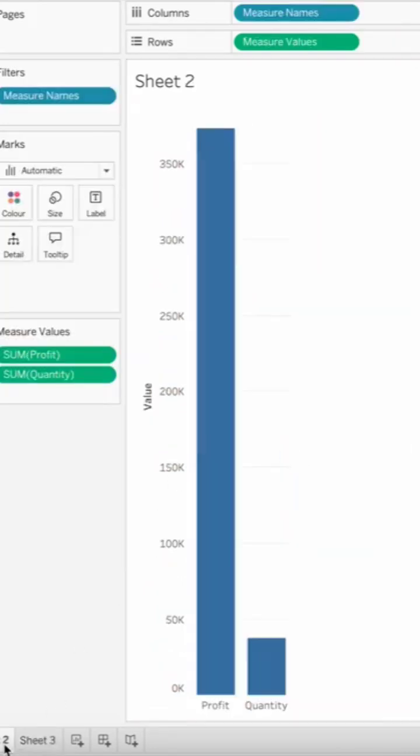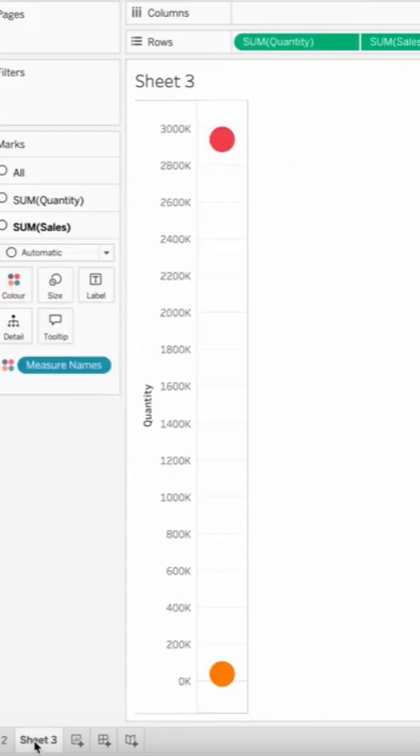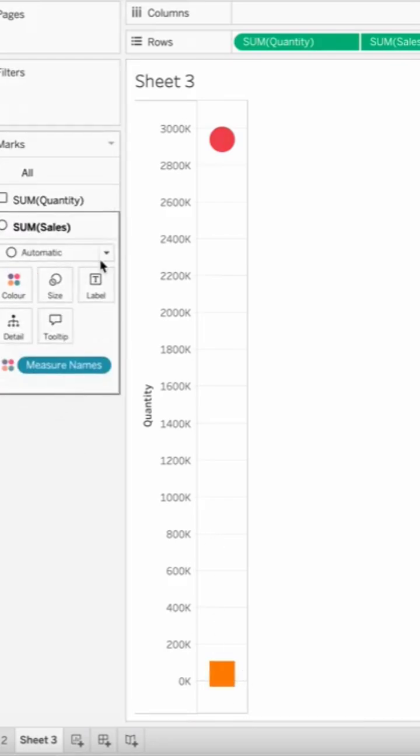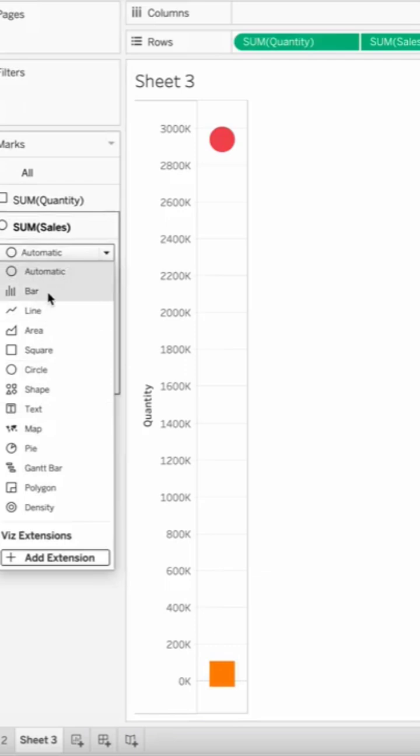Now, why do we use dual axis and blended axis? In the case of a dual axis, I can decide to change the charts into different charts. For example, for quantity, I can decide to just use a square. I can see that's changed to square. If I come to sales, I can decide, okay, I just need a bar, and there you have bar,